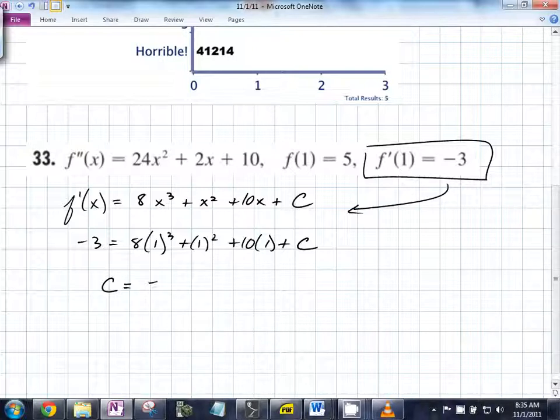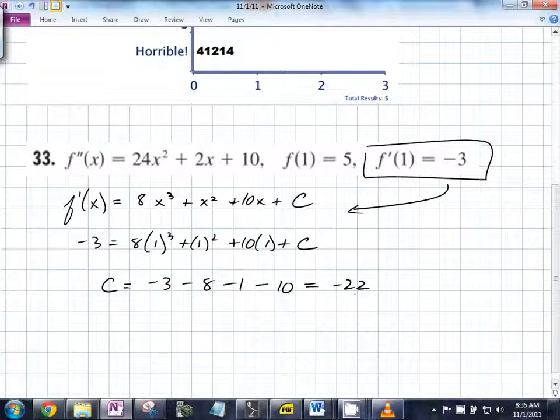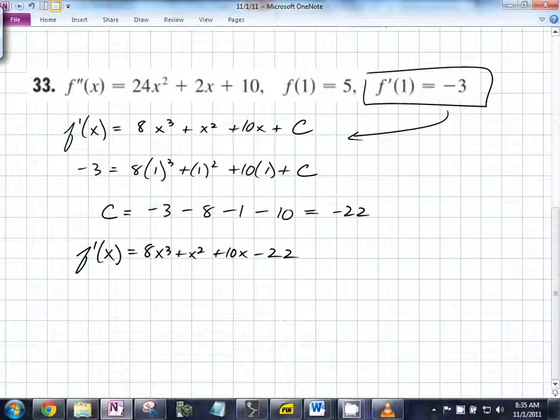-3 minus 8 minus 1 minus 10. What's that going to be? -22. So you now know that f prime of x is equal to 8x cubed plus x squared plus 10x minus 22. So now find f. F of x is equal to